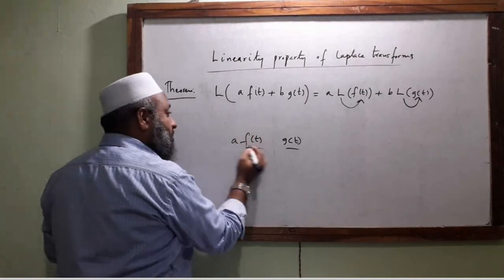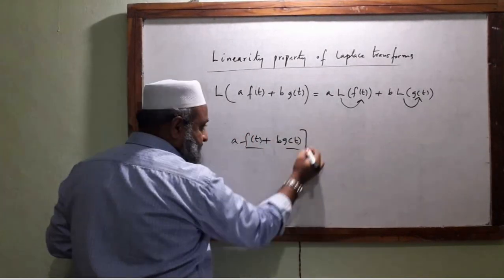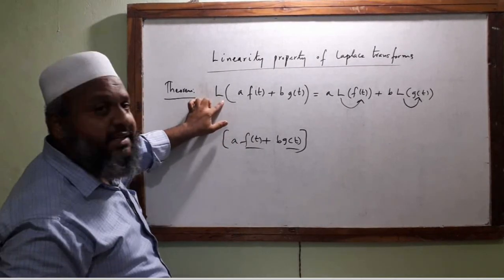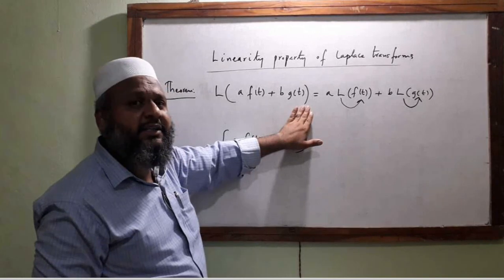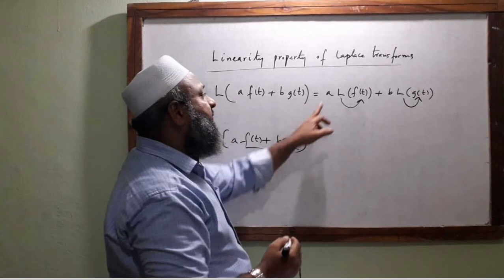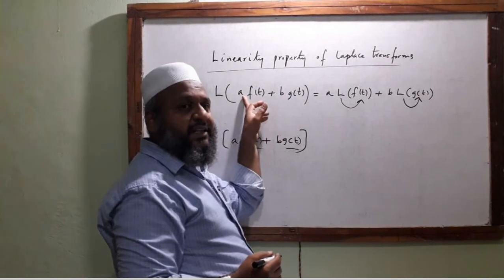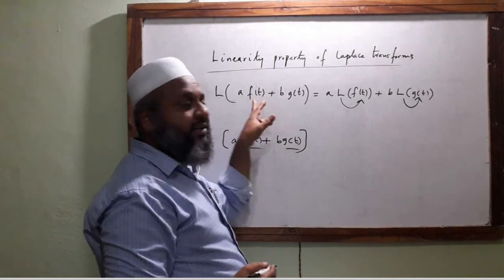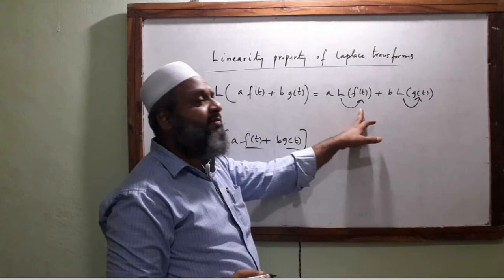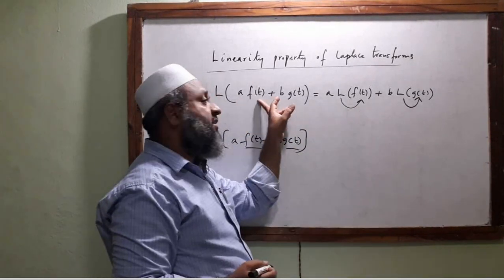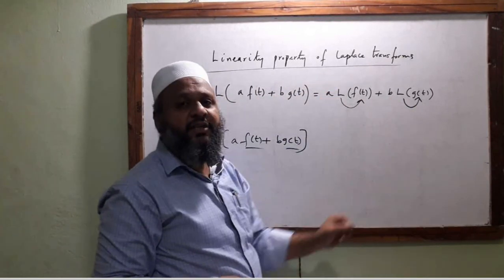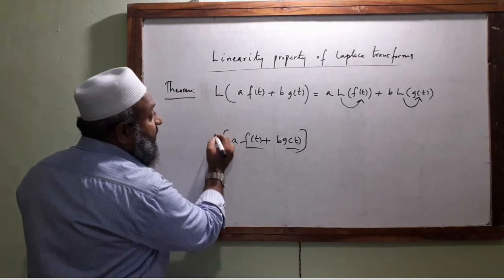If we make a combination of this, then it's going to become a new function. Then this property says the Laplace transform for this new function, which is a linear combination of these two known functions, is simply a times whatever constant is used in the preparation of the linear combination, that same constant you multiply with the Laplace transform for this function, and that same constant b to be multiplied to the Laplace transform of this one. So now let us prove this.